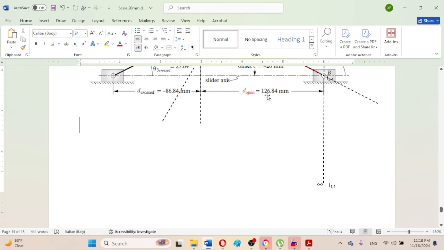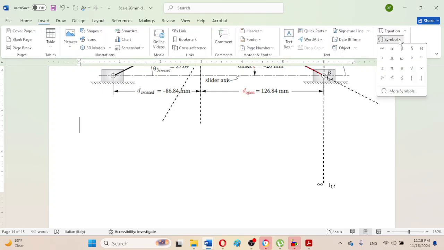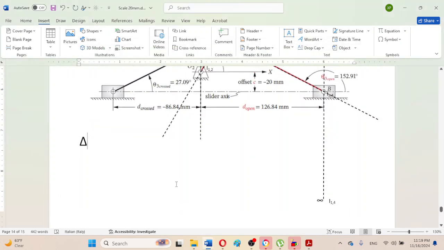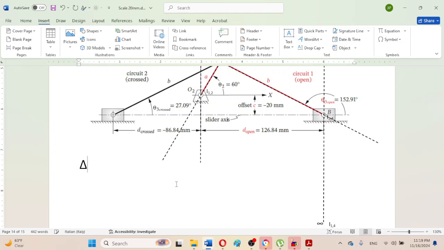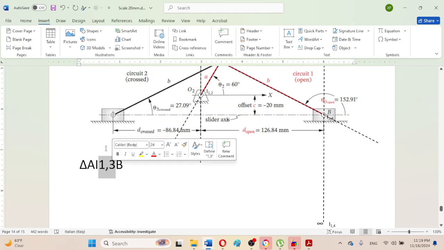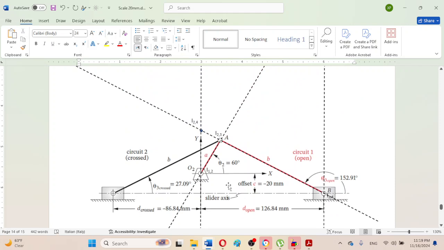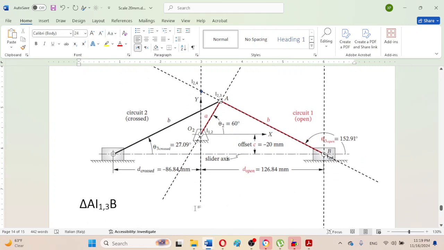I can state here the triangle A I1 comma 3 B. As this diagram has just been copy pasted, to solve it graphically,